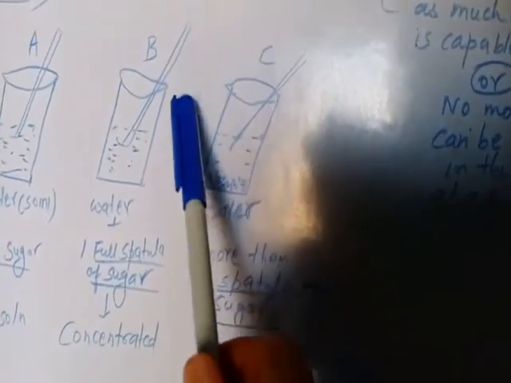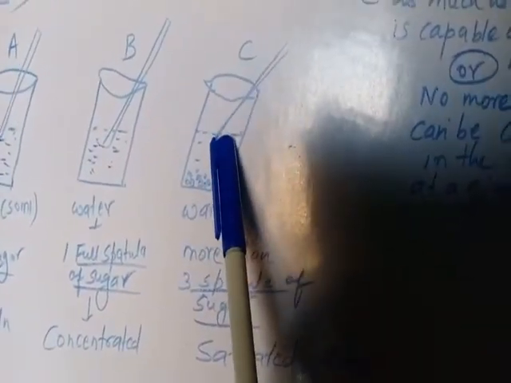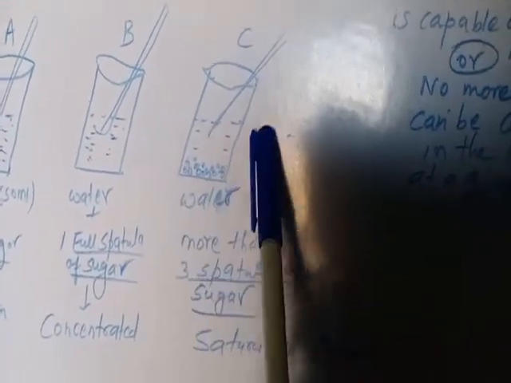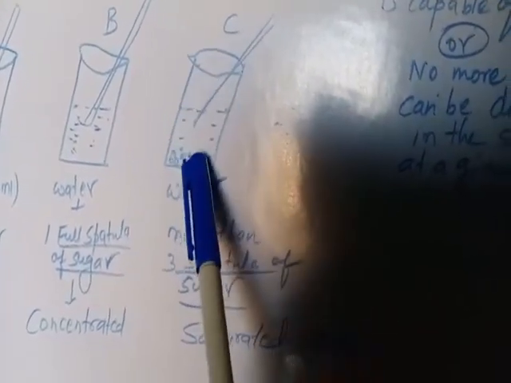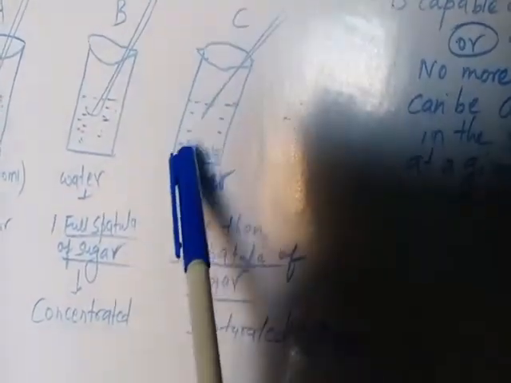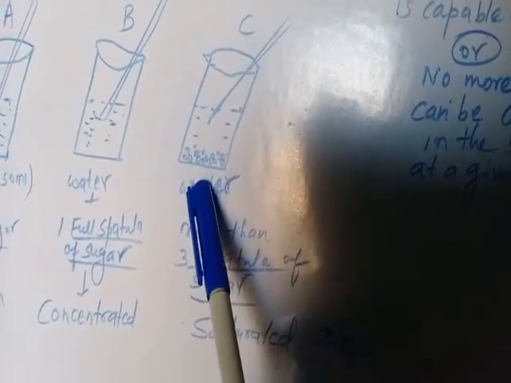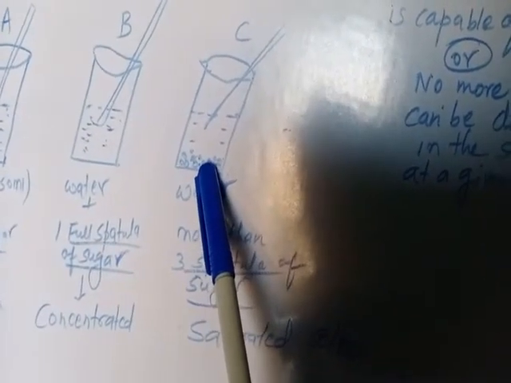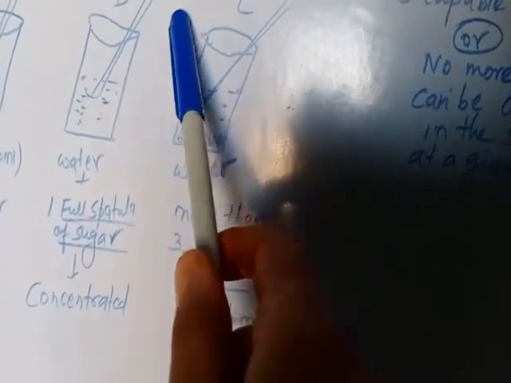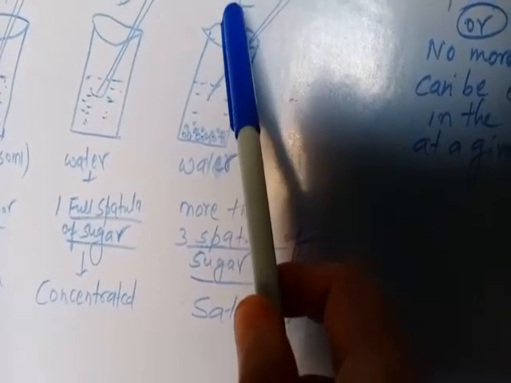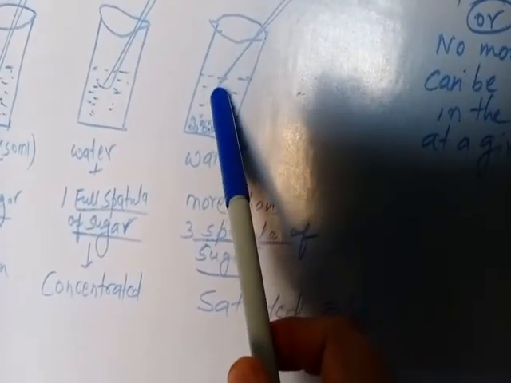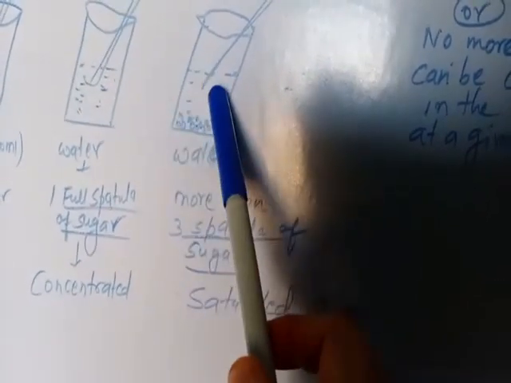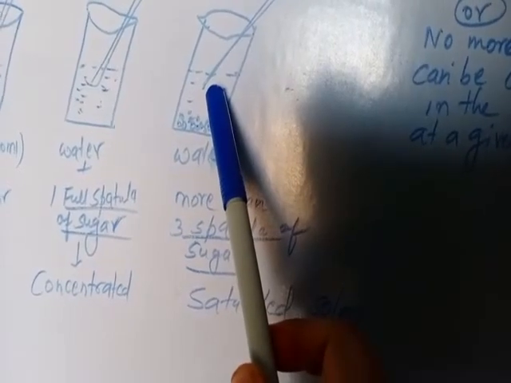Now what we do is we will add 1 more spatula of sugar particles in this beaker and we will try to make the sugar solution. We will see that again all the sugar particles got mixed nicely to form the sugar solution. So till now we have added 3 spatulas of sugar particles in beaker C. What we do, we again add 1 spatula full of sugar particles. So this time we are adding the 4th spatula of sugar particles in it.